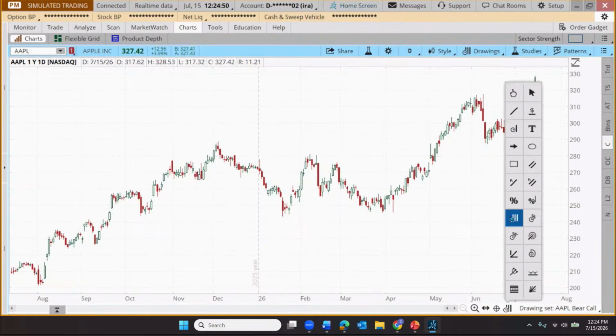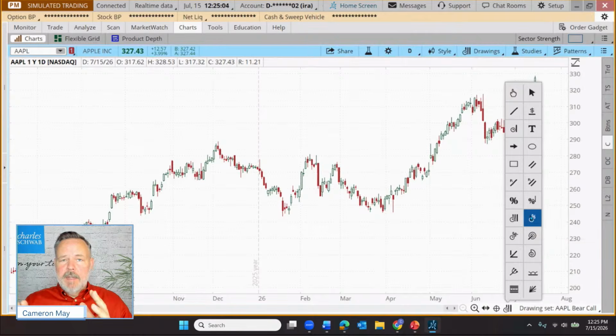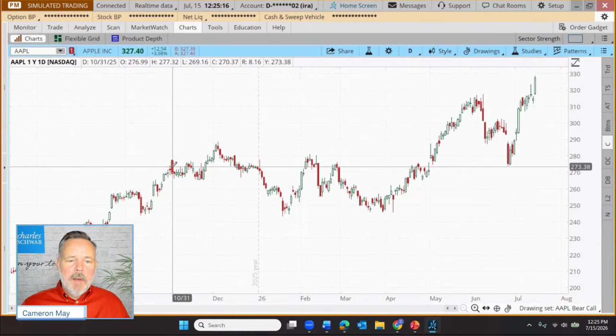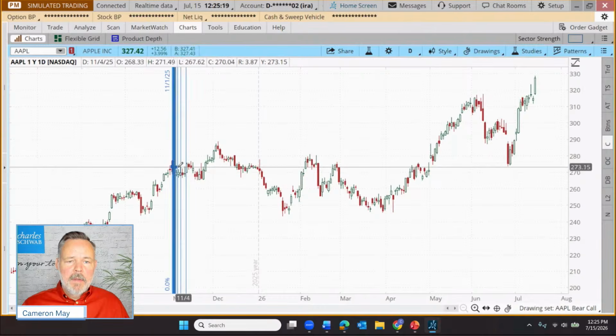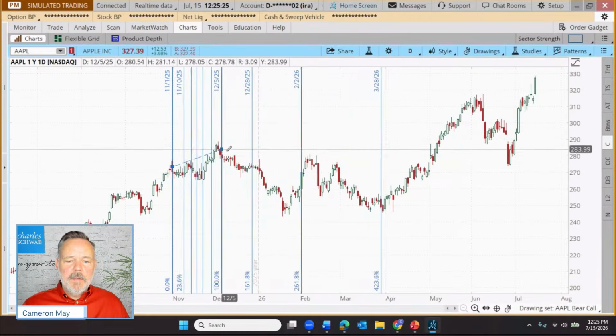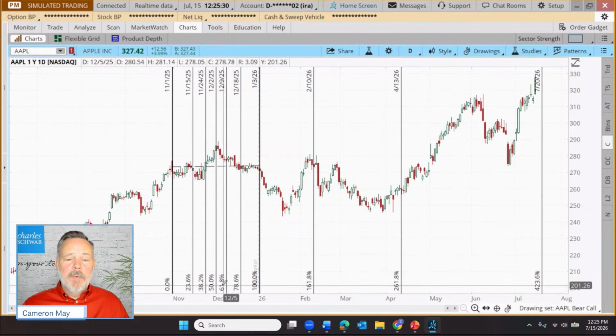All right, next tool in our toolbox is the Fibonacci time ratios. Very similar to the time series, but slightly different. And the ratio is the hint. Here, instead of using the sequence of days to create our number of days, 1, 2, 3, 5, 8, and so on, this is using the ratios. So if I choose that ratio box, I'm going to click where I want to start my drawing. And then I'm going to choose where I end my drawing, and then everything else is going to be a ratio. Let's move this far enough out so you can see. There are our familiar ratios.